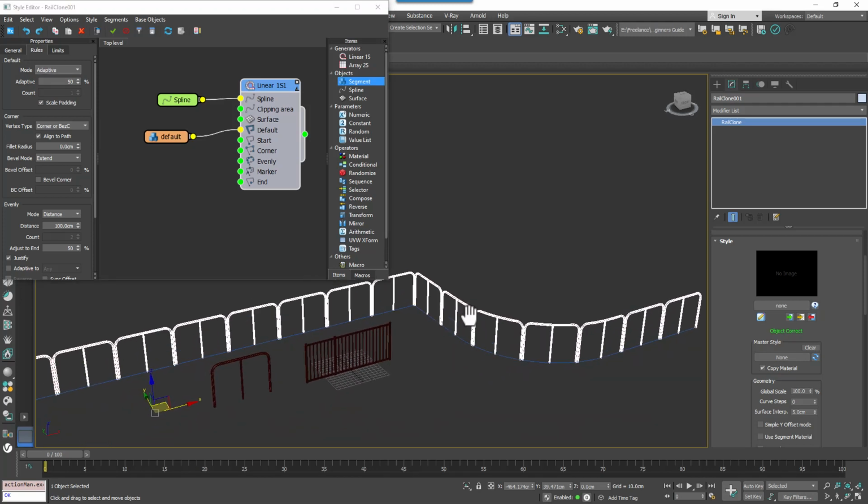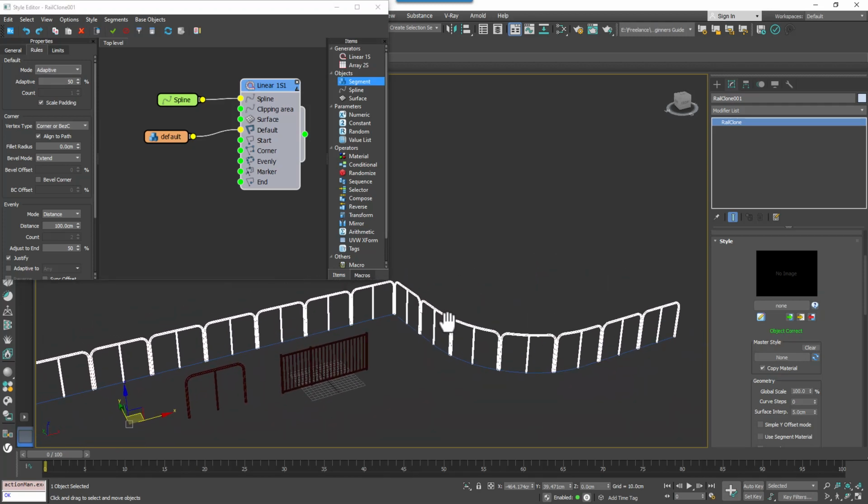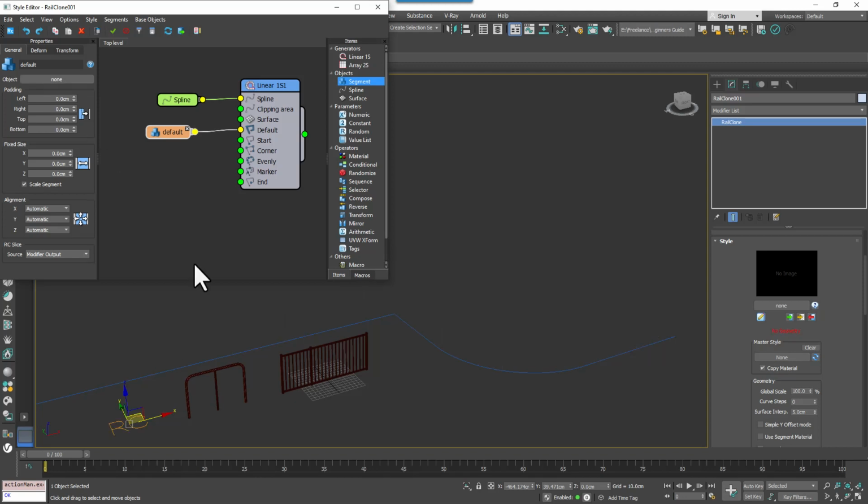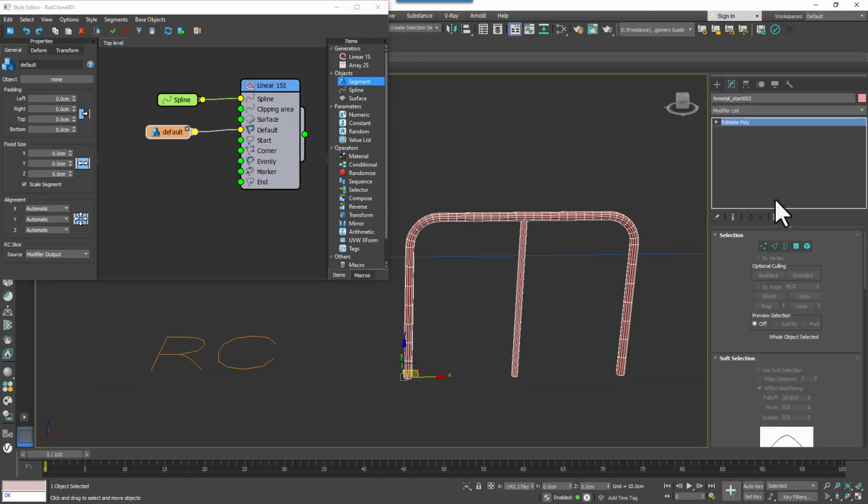So far, it's all fine, but it's not really a very parametric style. If you want to create something a bit more sophisticated where you can adjust the spacing between the posts with a continuous welded handrail, then we'll need to slice the original mesh into pieces that the generator can then reconstruct like a jigsaw. This can be done using the new Railclone Slice modifier introduced in Railclone 6.